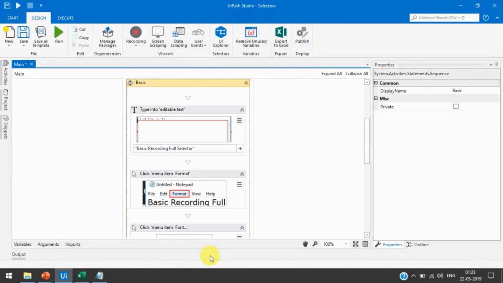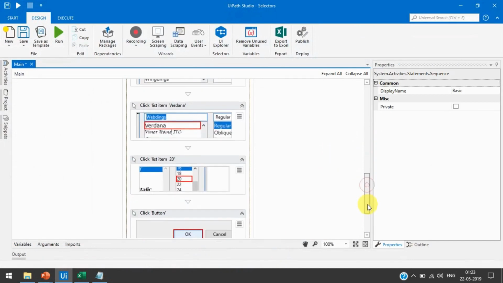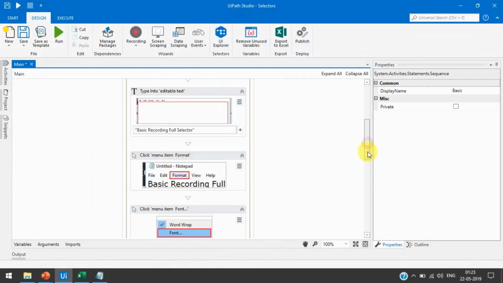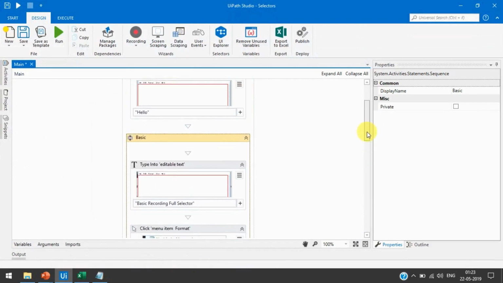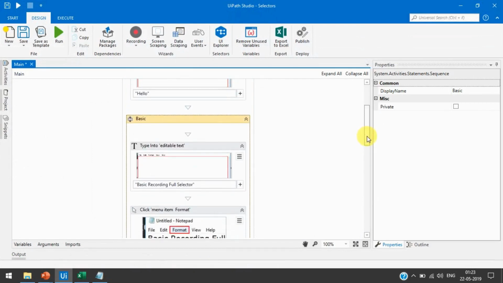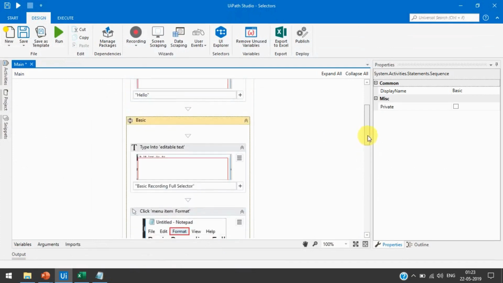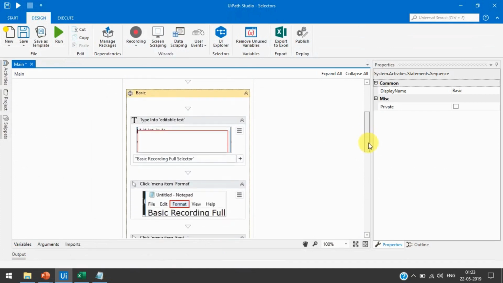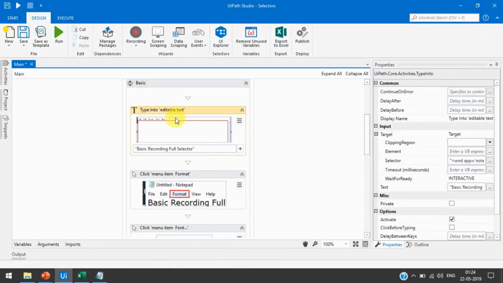Now save that. Now we'll see here, in the basic recording there are no containers. If you see my video of basic recording, I have already created that, and I told you about that in that video. There are no containers for the basic recorder, and that's why every activity will have the top level elements.